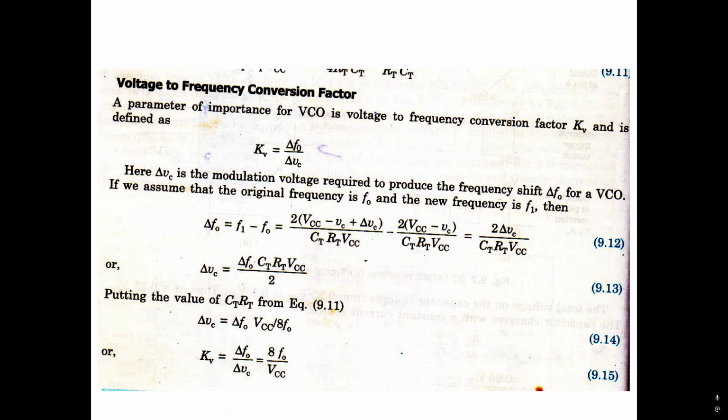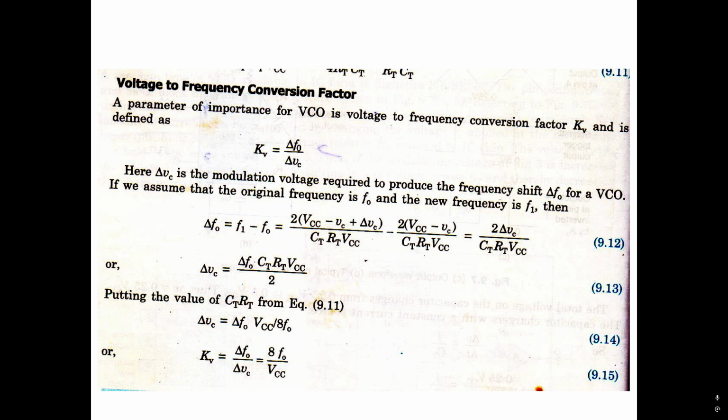Voltage to frequency conversion factor. A parameter of importance for a VCO is the voltage to frequency conversion factor kV, defined as kV equals delta f0 divided by delta VC, where delta VC is the modulation voltage required to produce the frequency shift delta f0 for a VCO. If we assume that the original frequency is f0 and the new frequency is f1, then